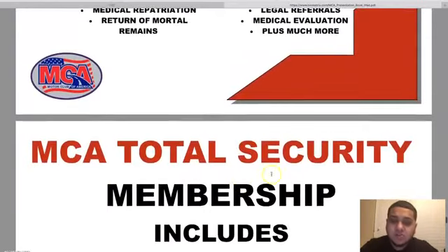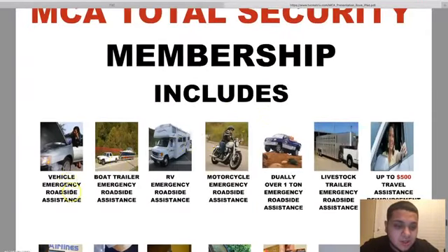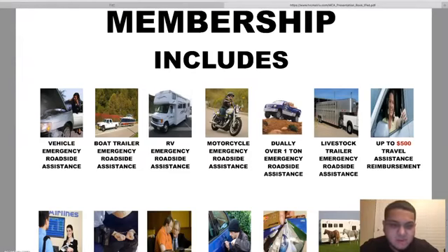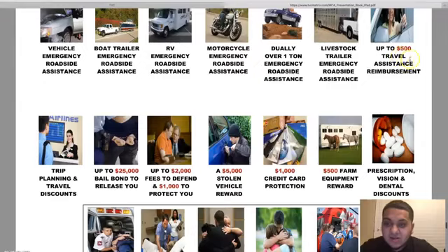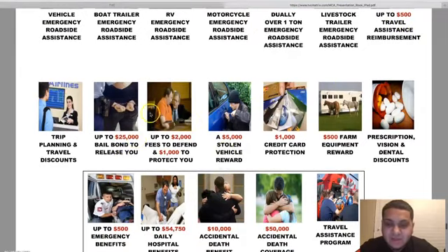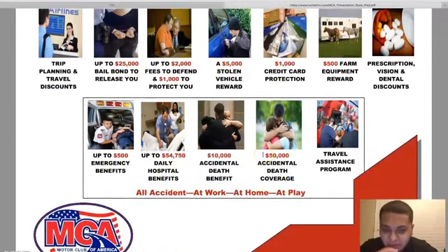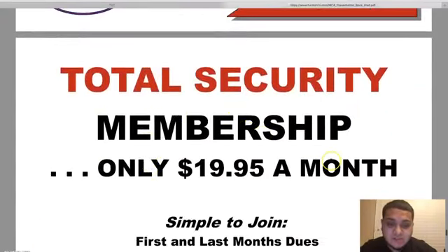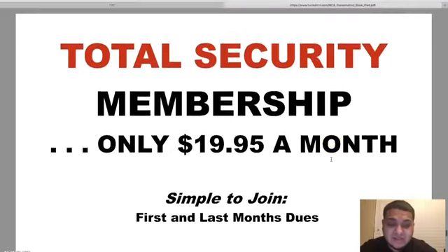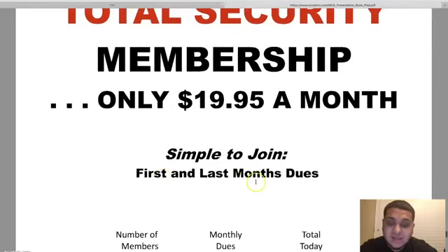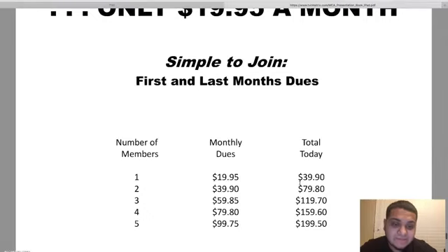Okay, so MCA total security membership includes, it's giving you a little summary: vehicle emergency roadside assistance, boat trailer emergency roadside assistance, RV roadside assistance, motorcycle, dually, livestock, up to $500 travel assistance, all the good stuff right here. Everything we just reviewed. It's just giving you a little summary. Total security membership, it's only $19.95 a month. It's simple to join. It collects the first and last month's dues,